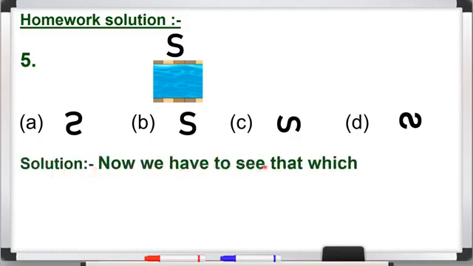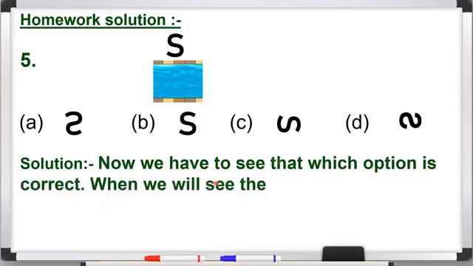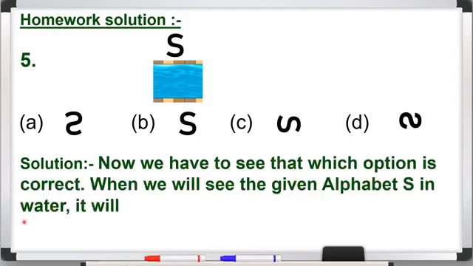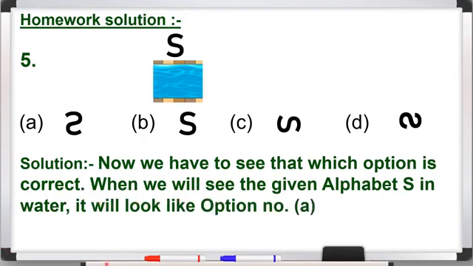Now we have to see which option is correct when we see the given alphabet S in water. It will look like option number A. ओके, जब हम इस इमेज को इस वाटर में देखेंगे तो हमें इस तरह से नजर आएगी बेटा। क्लियर? सो ऑप्शन नंबर ए इज करेक्ट।